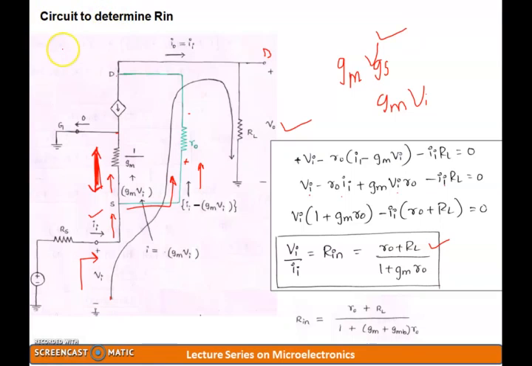Now in the initial stage, I said I'll be considering the effect of body effect, and that's the reason I consider this R naught. And when I consider this R naught, I need to consider the body transconductance also, which is represented by the term GMB. Now remember, body transconductance will straight away have an additive impact with respect to the device transconductance. Hence, if I want to rewrite the expression including the body transconductance, this expression will take the form R naught plus RL divided by 1 plus GM plus GMB multiplied by R naught. No complexity involved in representing the input resistance including GMB. So without GMB I can write this.